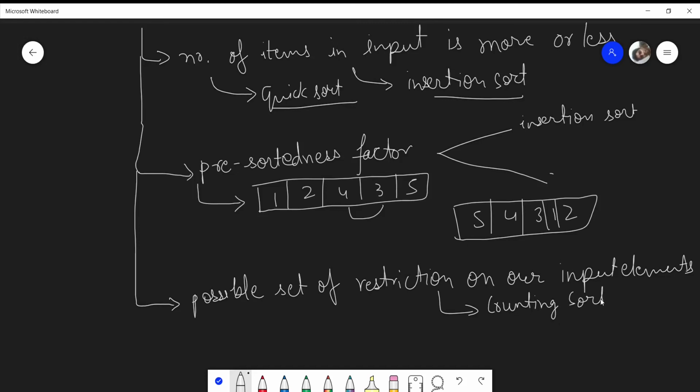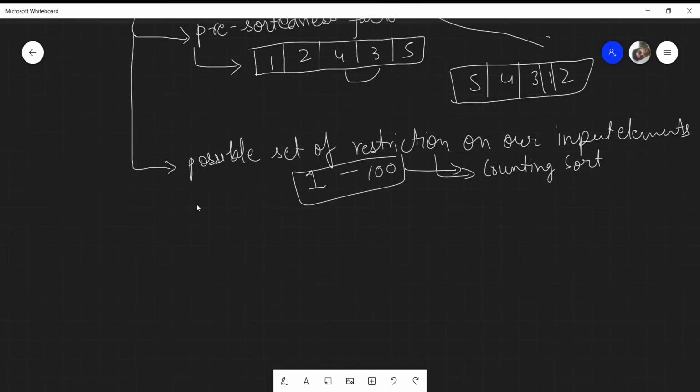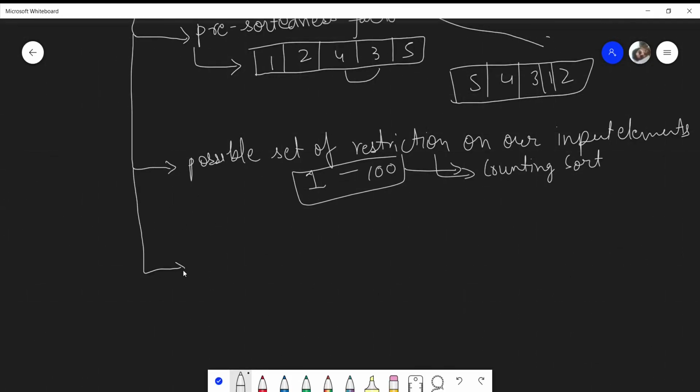Let's say I'm putting a restriction that my numbers generally lie between 1 to 100, then in that case I might want to use counting sort, because that way it will be faster.